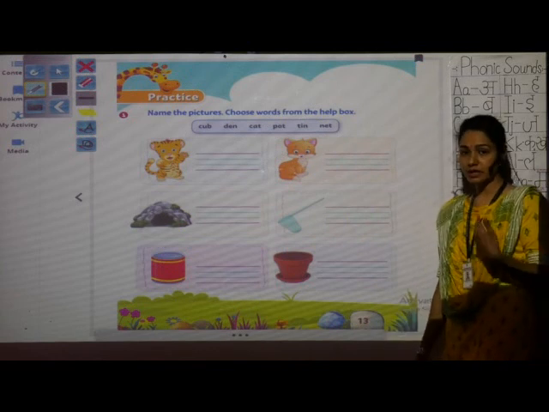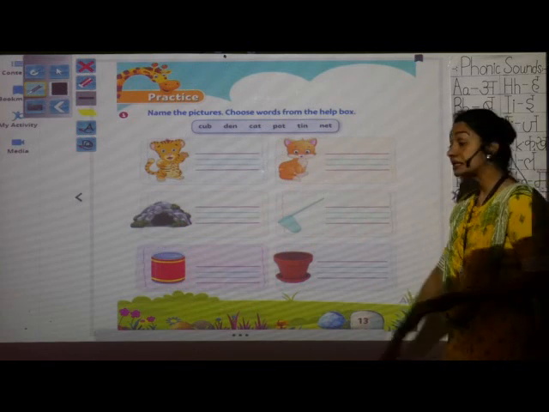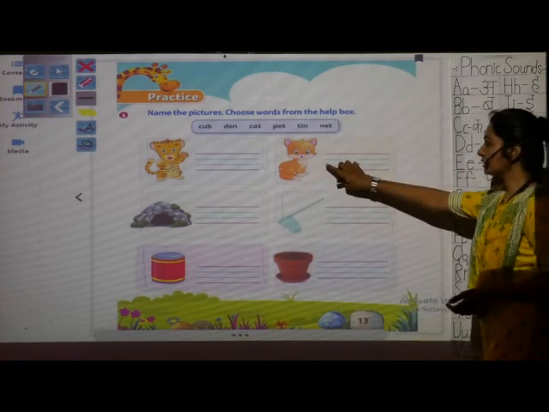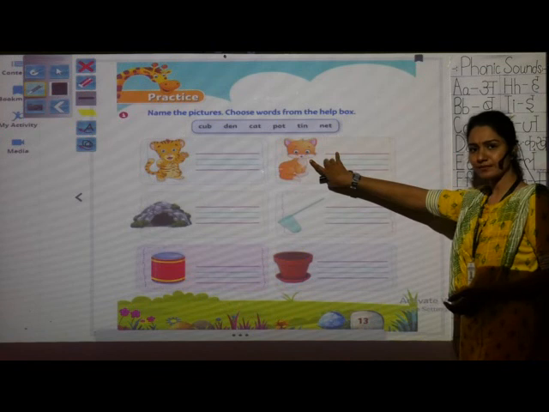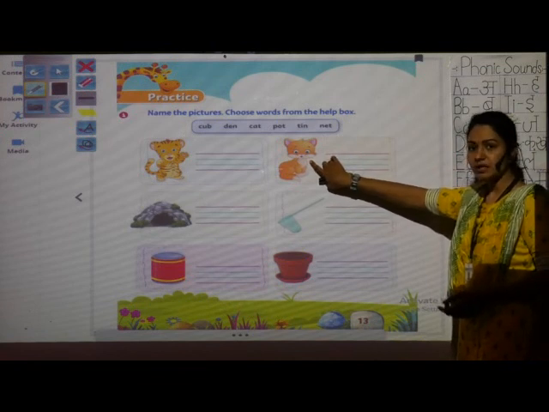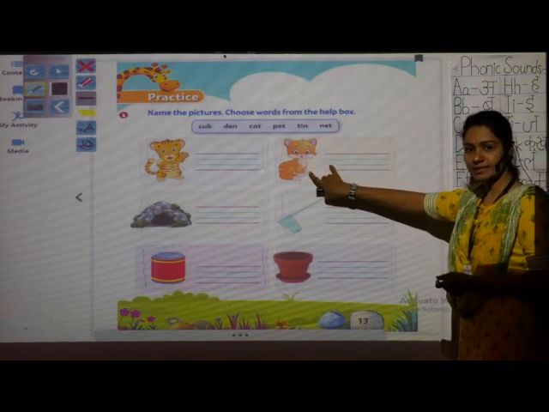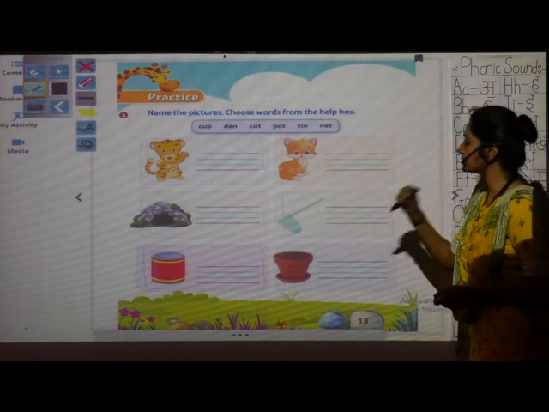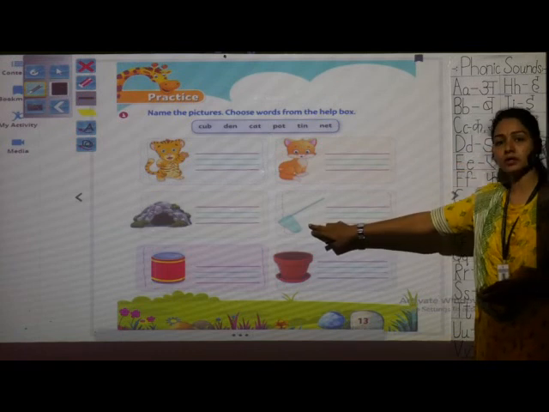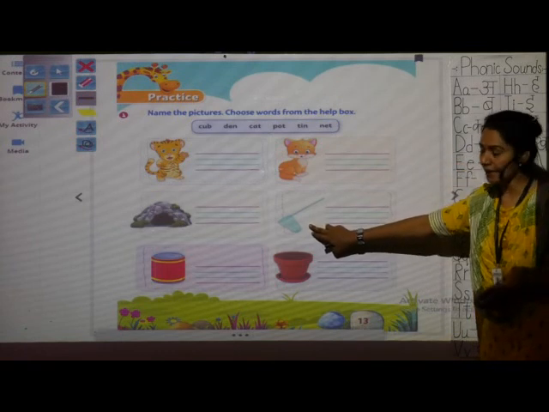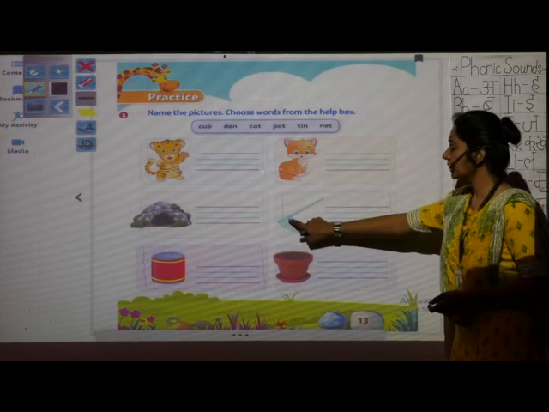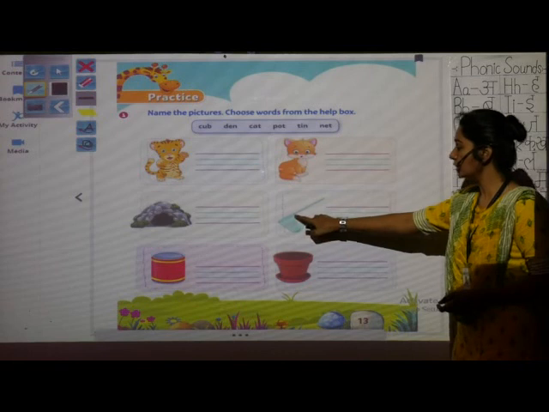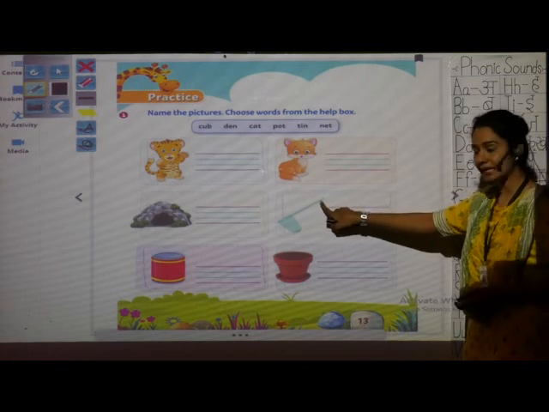And which picture is this? Come on, try to recognize the picture. Tin. T-I-N, tin. Okay. Now tell me, which picture is this? Is this a rabbit? Is this a mouse? Then which picture is this? This is a cat. Very nice. Next, which picture is this? Is this a spoon? Then net. Can you see here? This is a net and we can hold this lid. Okay, we can hold this stand. So this is called net.